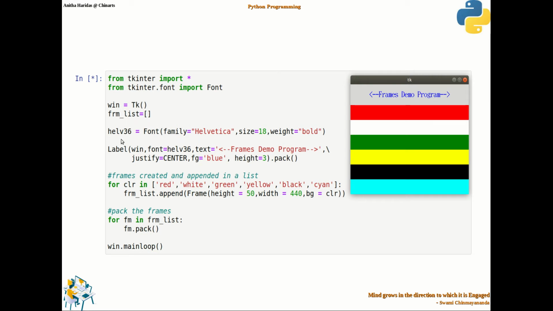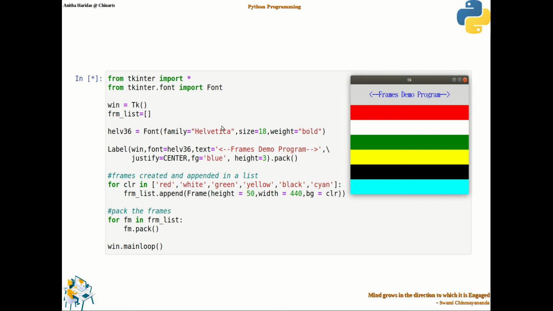So you create a font object, and to whichever widget you want to set the font, you can assign this as a value to the font option of a widget.